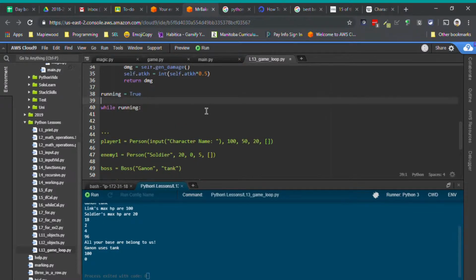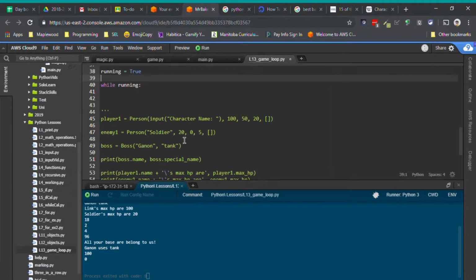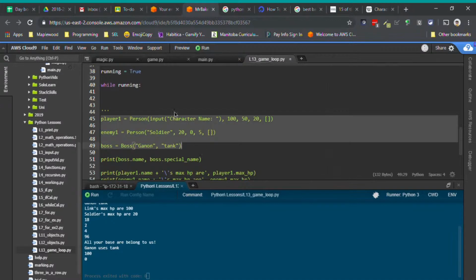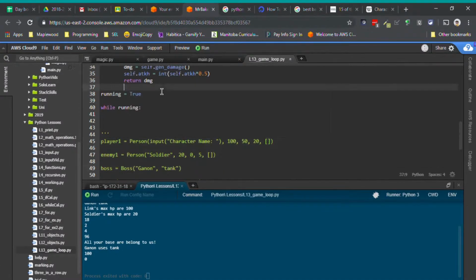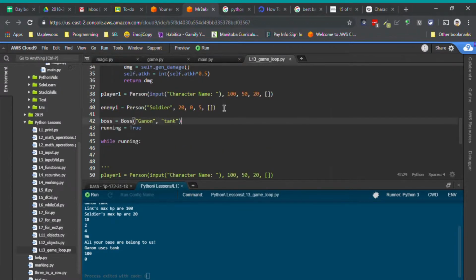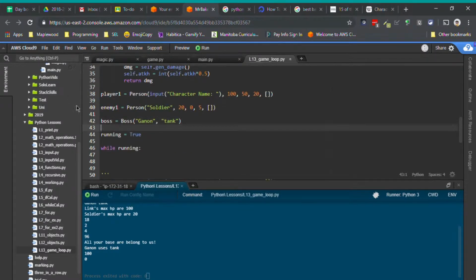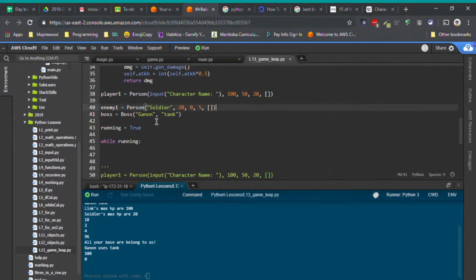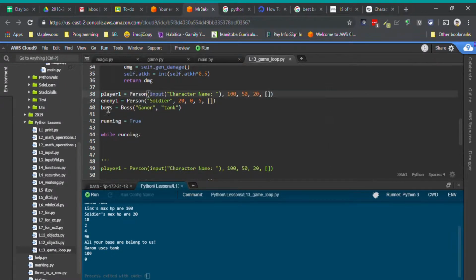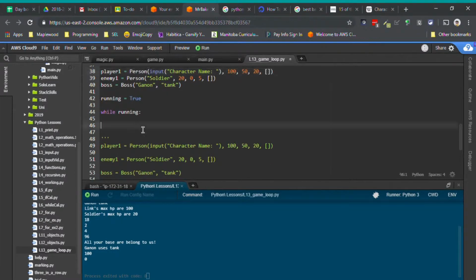Oh no, that's gonna do it during the initialization. That's fine. We have to initialize all of our characters before we do our loop. Otherwise, we're continually regenerating our characters, our objects, and that kind of defeats the purpose of making objects. So we're going to initialize player 1, initialize our enemy, initialize our boss, and then while running, we are going to